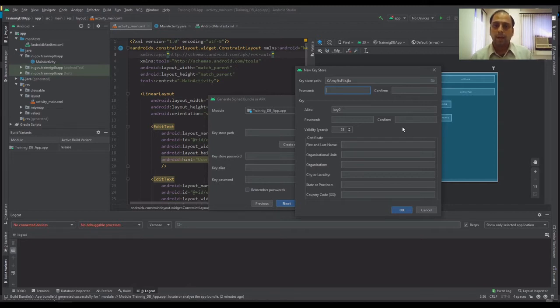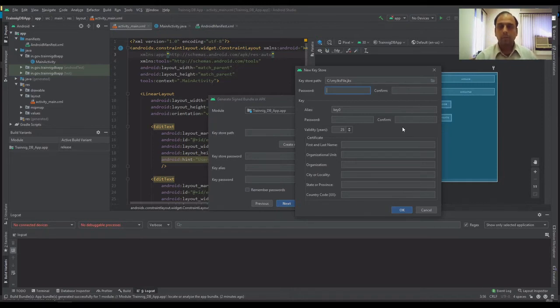Whatever is the app that I am signing for the first time, the update release must be signed with the same key store with the same password. So whenever you are creating this new key store, you take care of that file and you note down all those passwords. You should never lose those passwords.